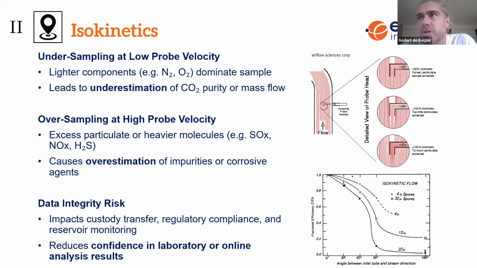And in the design of the probe, it really matters how isokinetic it is. It's not as simple as just designing a 90-degree probe. That creates non-isokinetic behavior. It shouldn't be an obstructed view. There's also a whole design inside the probe that really matters in terms of how representative you can get the sample out into your analyzer and conditioning system. We go to the next slide.